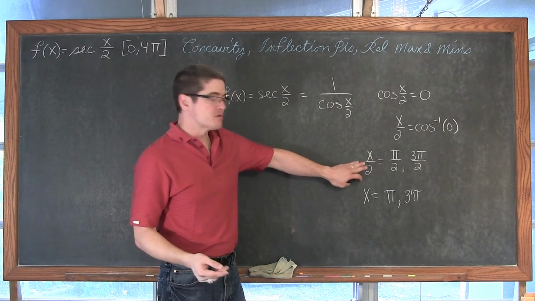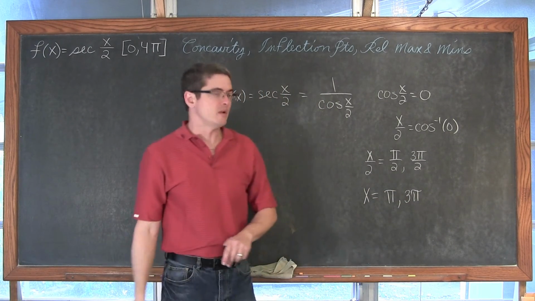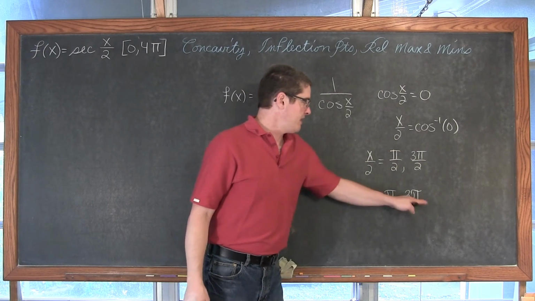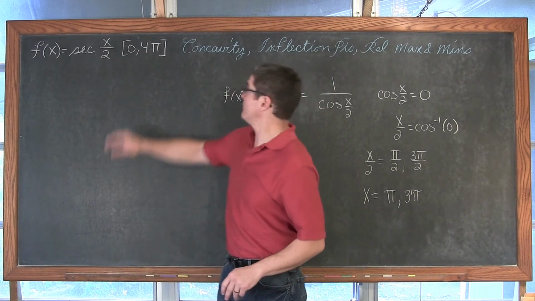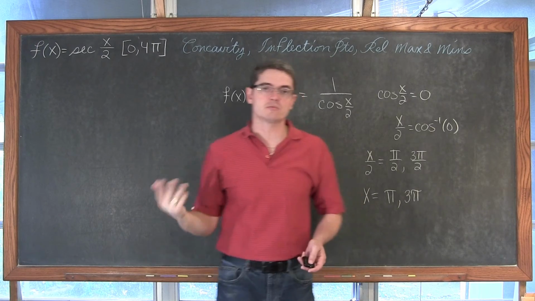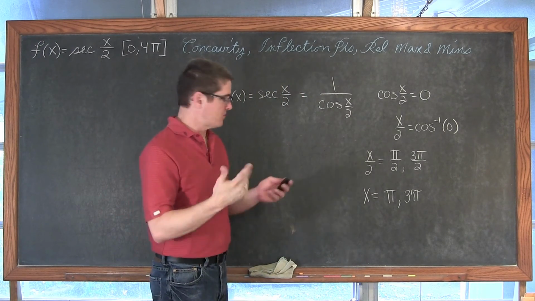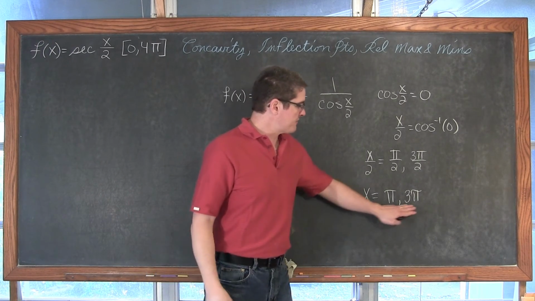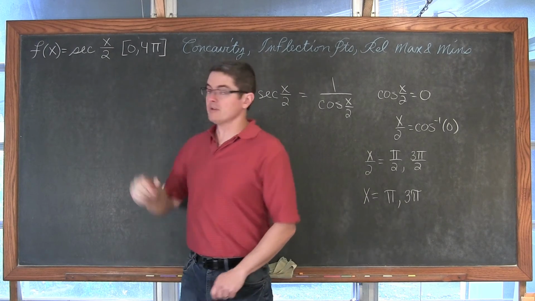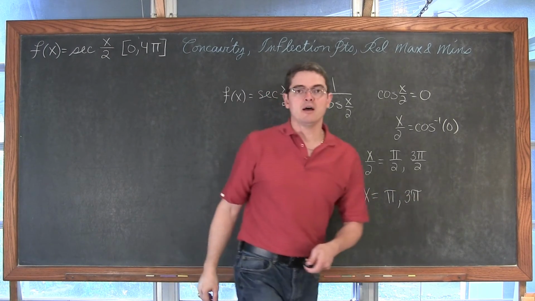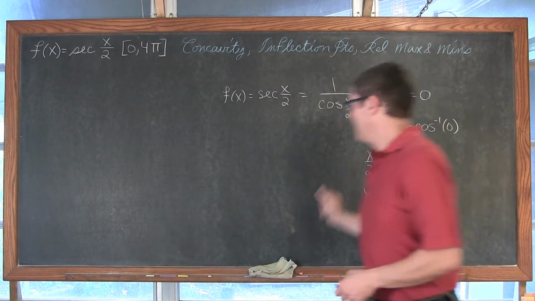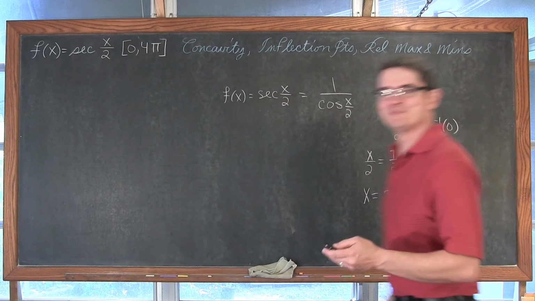You have a half angle, so your last step to solve for x is going to be to multiply both sides by 2. And if you happen to give an extra angle that's beyond this domain, well, then you'll just forget about it or just not include it. So this function's domain is all real numbers except for where x is equal to pi and 3 pi.